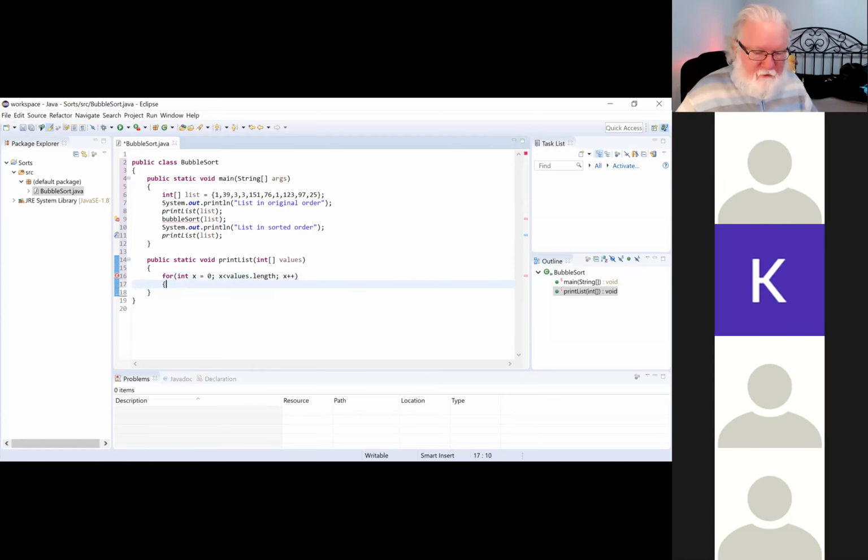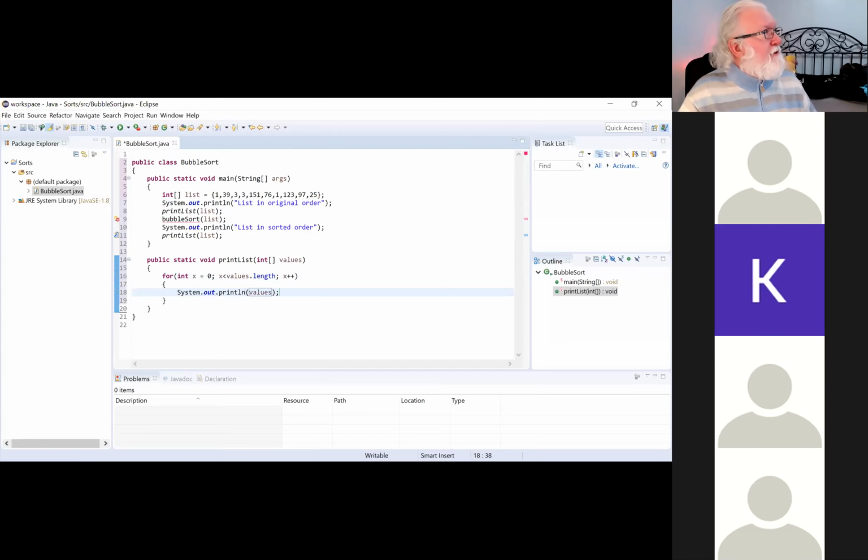Okay, so what do I wish to do? Well, I'm going through these one at a time. So I'm just going to do a good old print. Let me see if it'll do it yet. Sys out, control space. Hey, it caught on. Okay, finally. All right, and all I'm going to do is print out an element of the array,